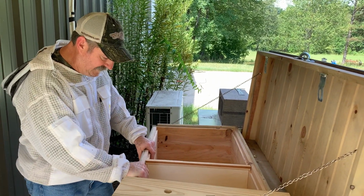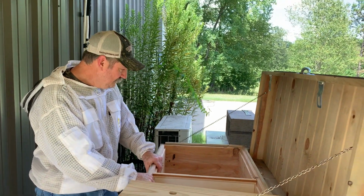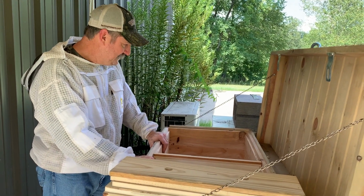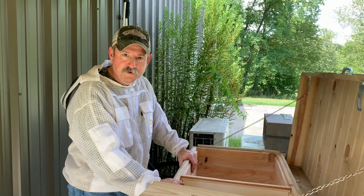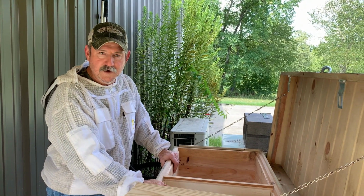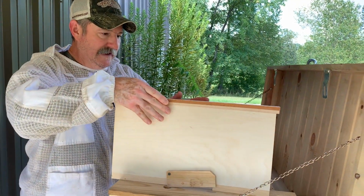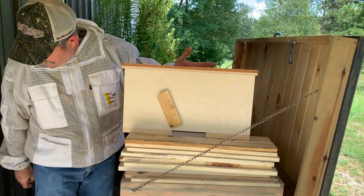These walls are 1 inch to 1 3/4 inches thick. Just a great built box. I think it's going to be very well insulated. I think the fact that we put them in the shade is going to aid them in staying plenty cool enough. I built this where I can now install a feeder,